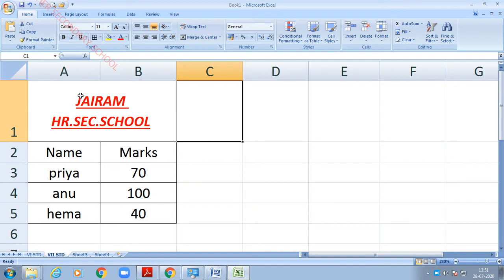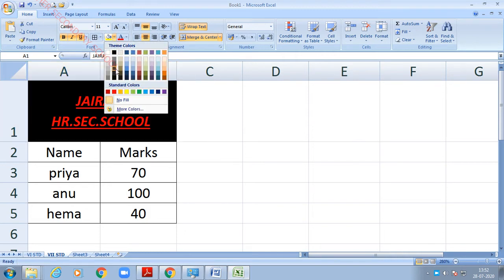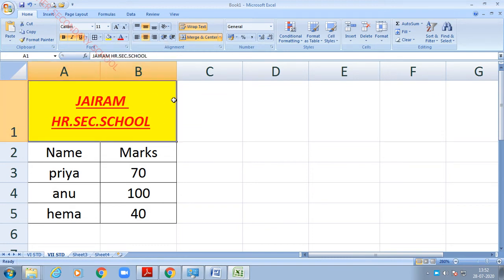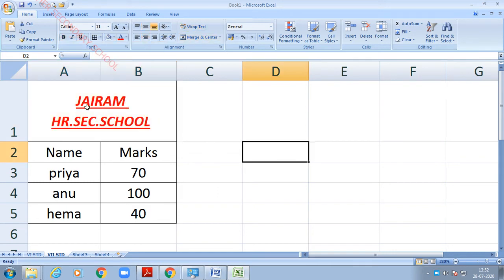Okay, so how will you highlight the text? You know what the purpose of highlighting is? If you find any important words when you're reading, then we will highlight the particular word. So I am going to select this word, then choose this highlighter option, then select a color. I am giving yellow color. If you would like to remove this highlight, you have to choose no color. Okay, this is the way you have to format the text.